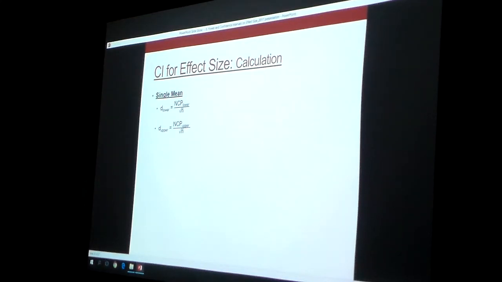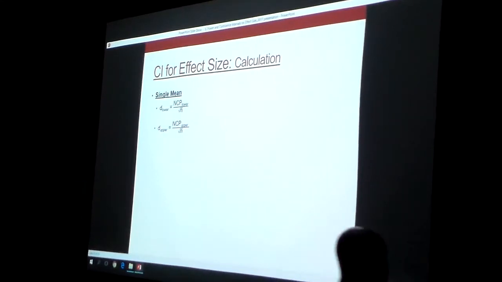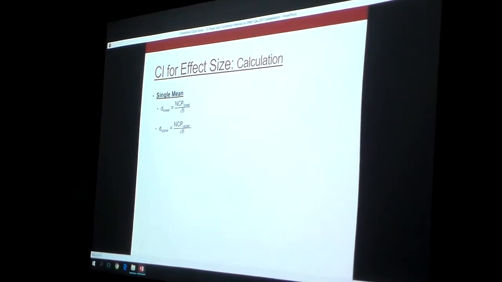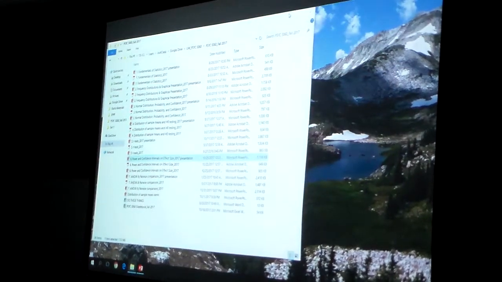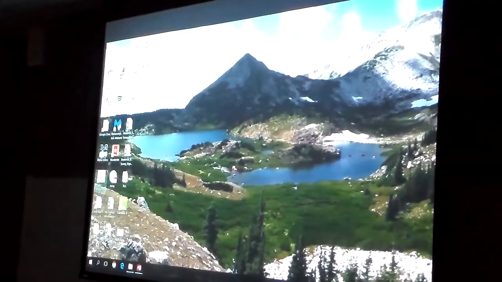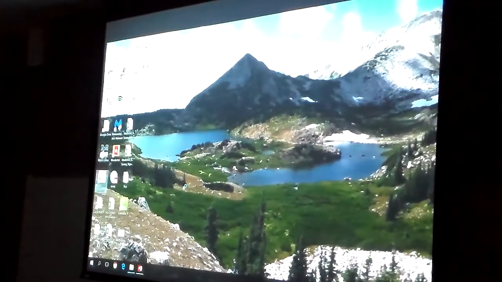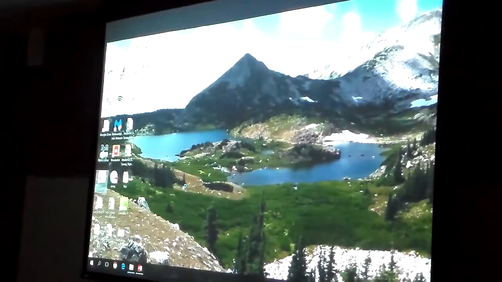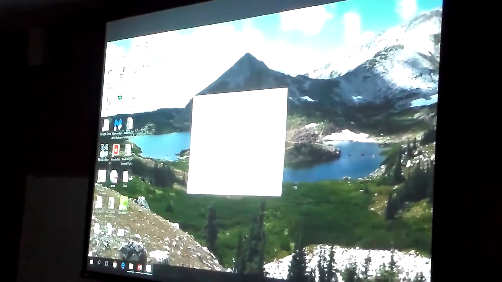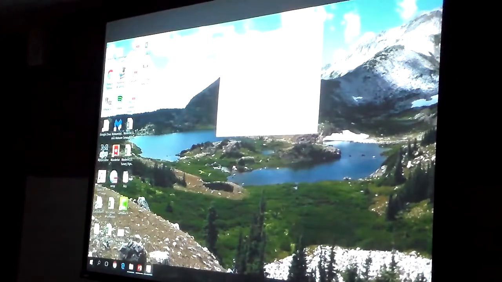I need to get my non-centrality parameter, right? So what I can do, I can go over, and I've got this saved as a shortcut on my desktop because I'm cool. You can do the same if you want. And this is just a little program, right? Very simple. But all we need to do is say, okay, I'm working with a T, and I want a 95% confidence interval that I'm trying to put together here. And so what I'm going to do then is I'm going to say my T value,